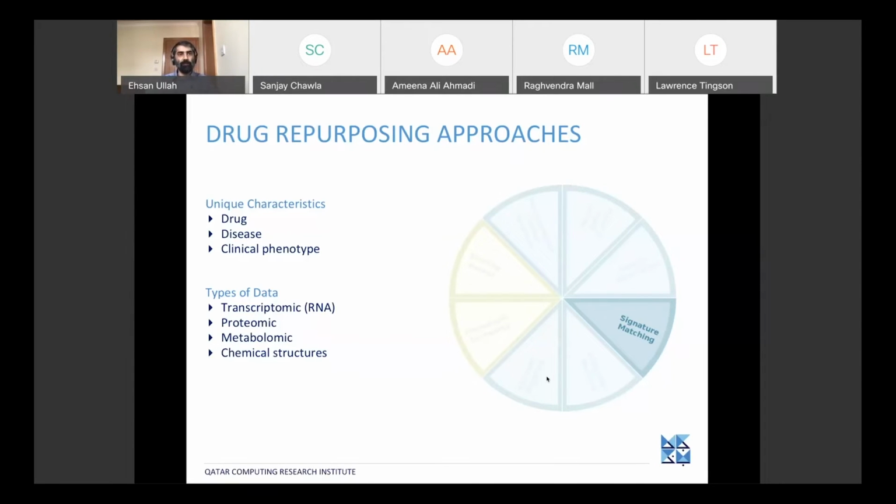The metabolic signature can be derived from the concentrations of different metabolites in those tissues. And similarly, the proteomic signatures are different protein sequences available for different viruses and inside the tissue. And the chemical signatures are derived from the chemical structures of the different molecules. And one important thing to remember is that these structures can be represented as molecular images, or have simple representations such as SMILES, which is a linear representation of the structure of the molecule in form of a string consisting of different characters. Now, by matching